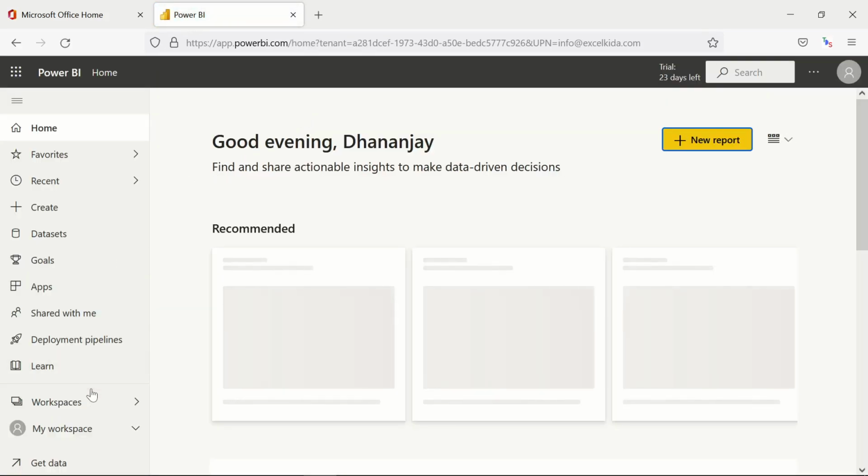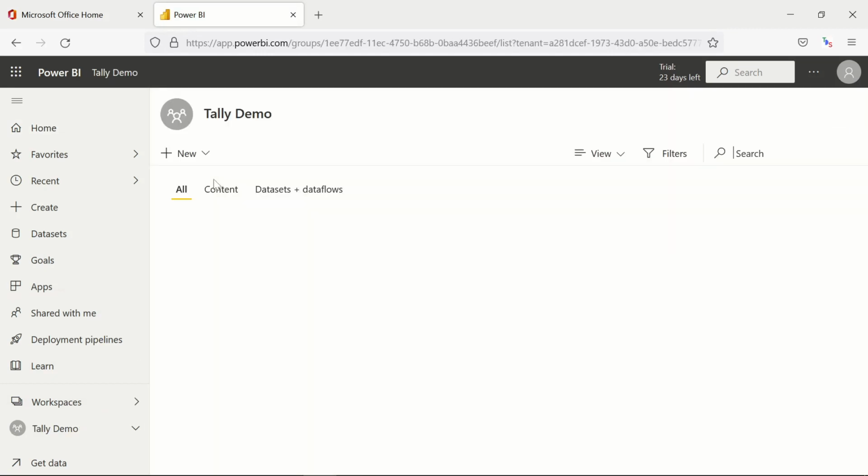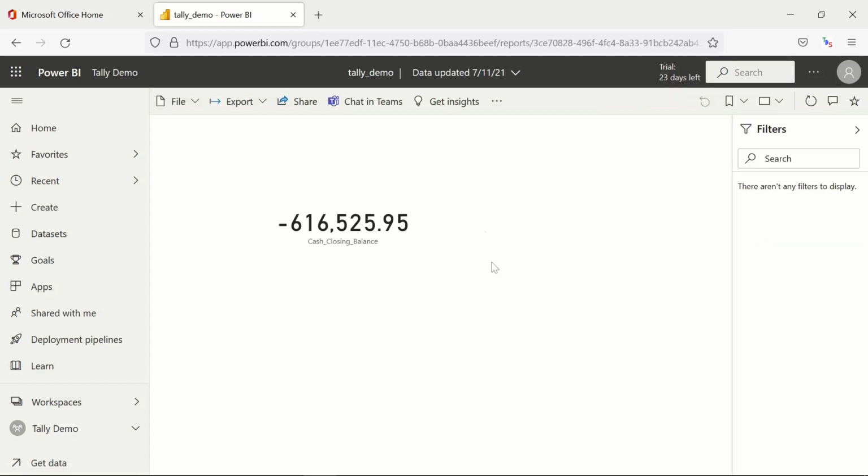And let us go to Power BI, into the workspace, Tally demo. So you can see this report. Let me click and open it. Okay, so friends, you can see this is even published to the cloud.